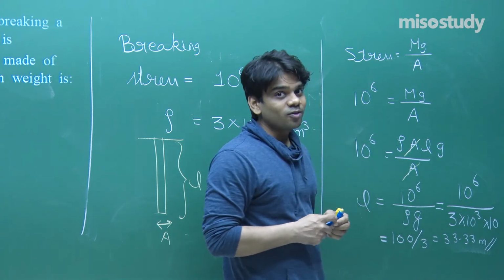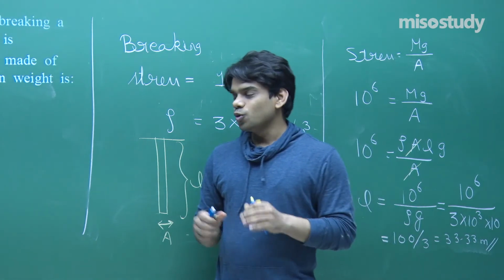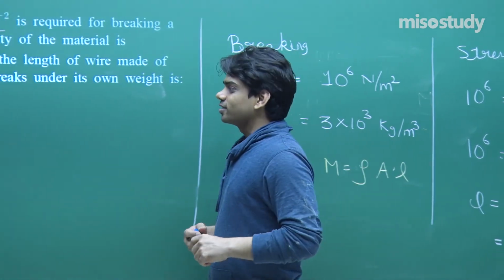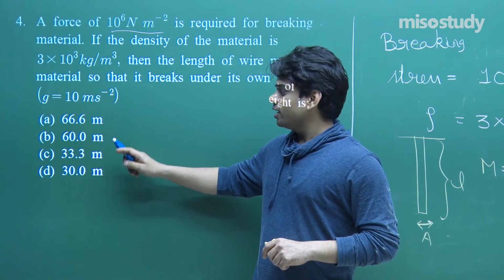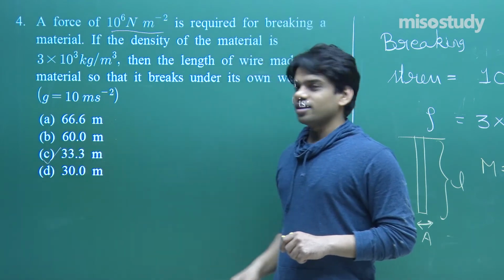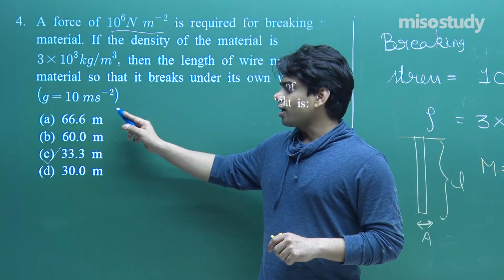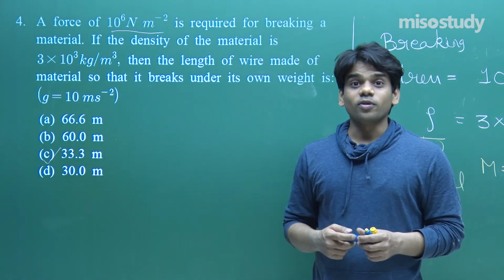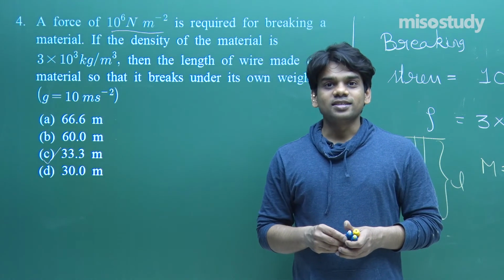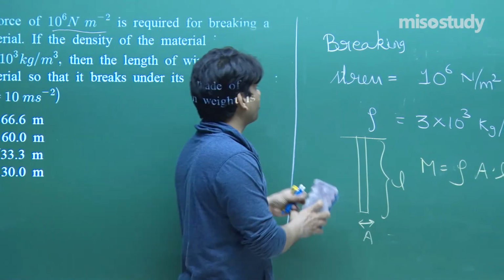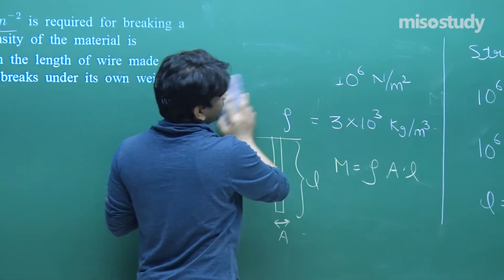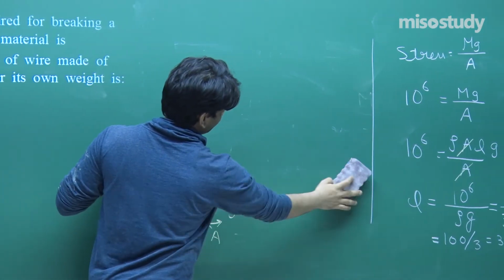If you take a wire of 33.33 meter, it's going to break under its own weight. Option A, 66.6 meter, incorrect. 60 meter, incorrect. And 33.3 meter, that's the correct answer. Rest all are incorrect. I hope you have got to know how to do this question. Quite useful for us to understand for the case of breaking stress, under what condition it's going to break due